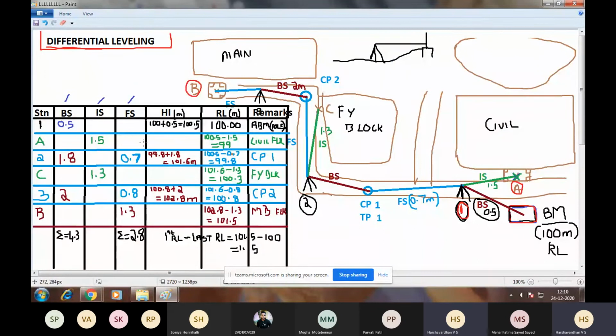Now, what was the aim of the survey? I wanted to find the difference in elevation between the floor of the civil block and the floor of the main block.